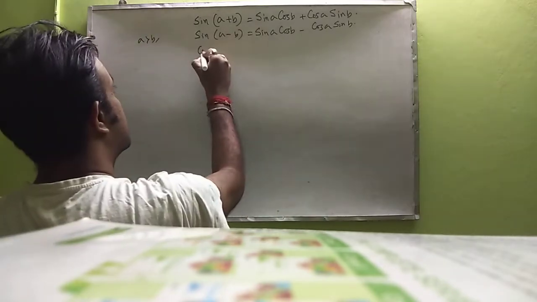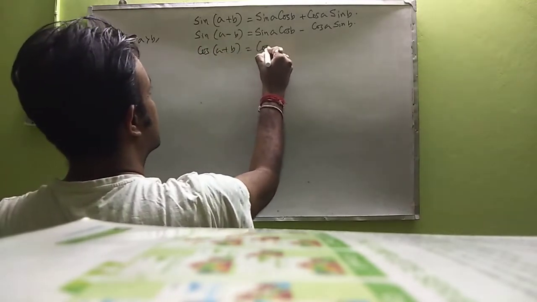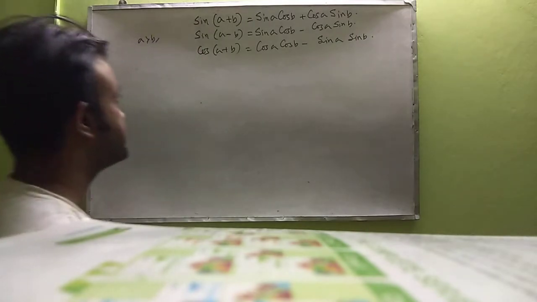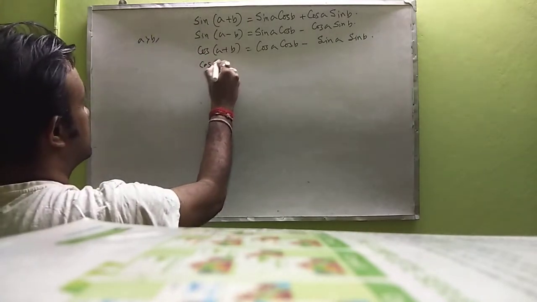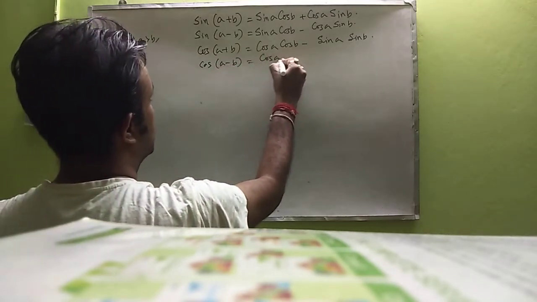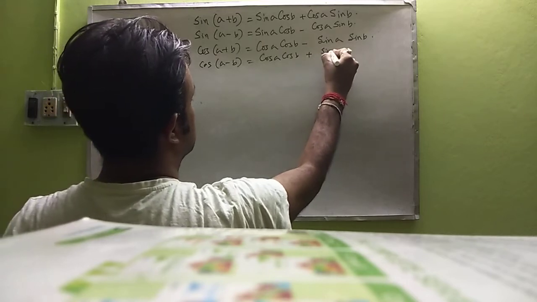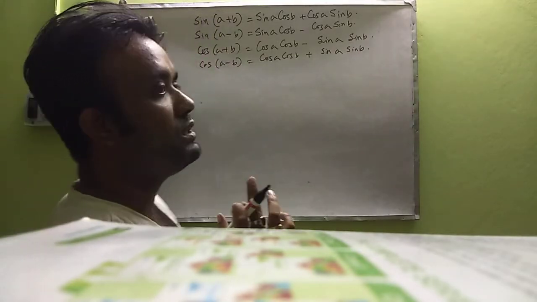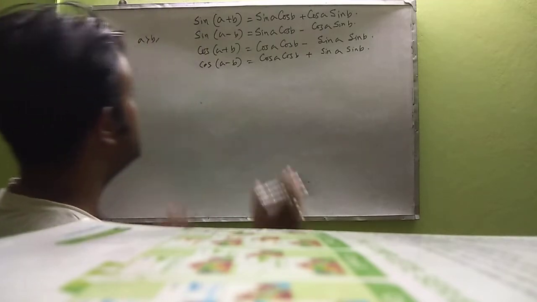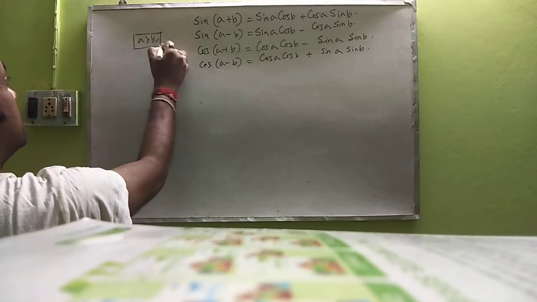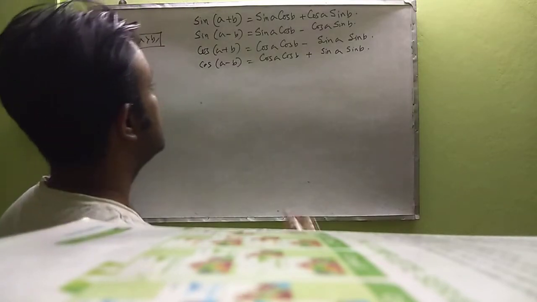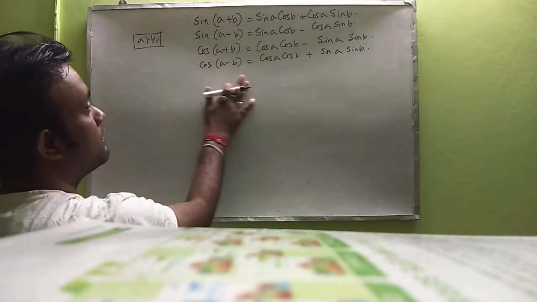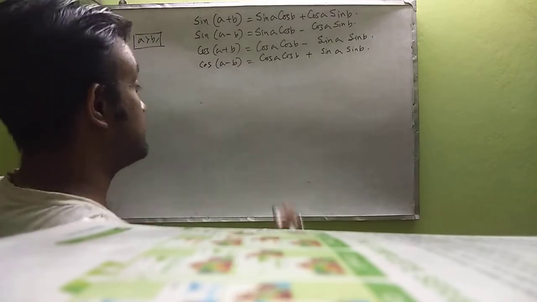Now cos of A plus B is cos A cos B minus sin A sin B. Then cos of A minus B is cos A cos B plus sin A sin B. In this case, there is no limitation on A and B. In the sine case, we mention that A is greater than B. But in this case, A greater than B or B greater than A, if suppose B greater than A holds, then we can write